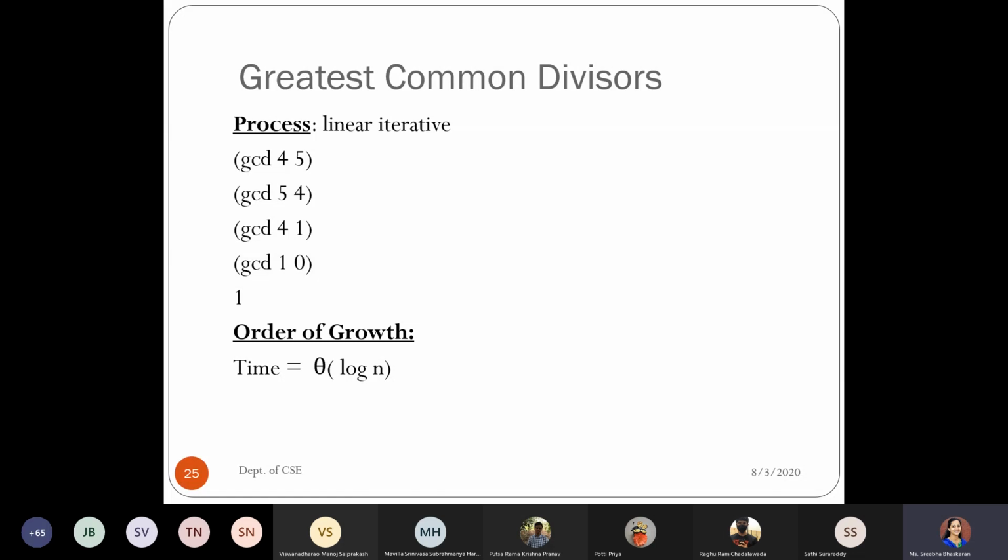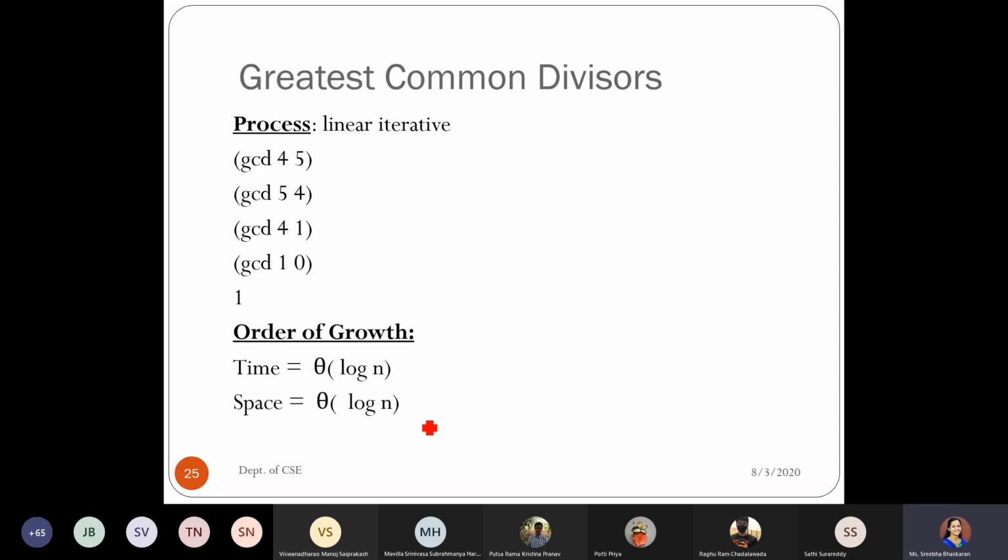If you go with smaller numbers, within 3 to 4 steps you will end up getting your result. So it depends on your remainder value. Based on that concept, the order of growth for this particular procedure depends on the remainder, which I am considering to be n.